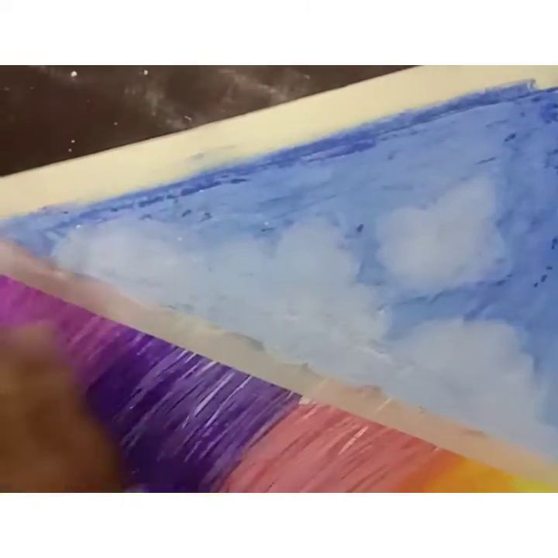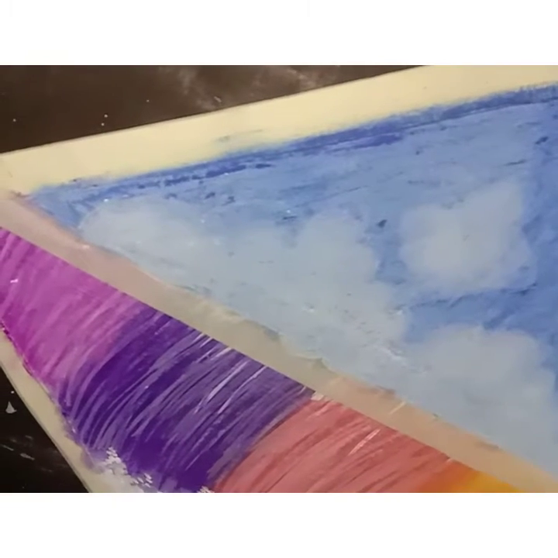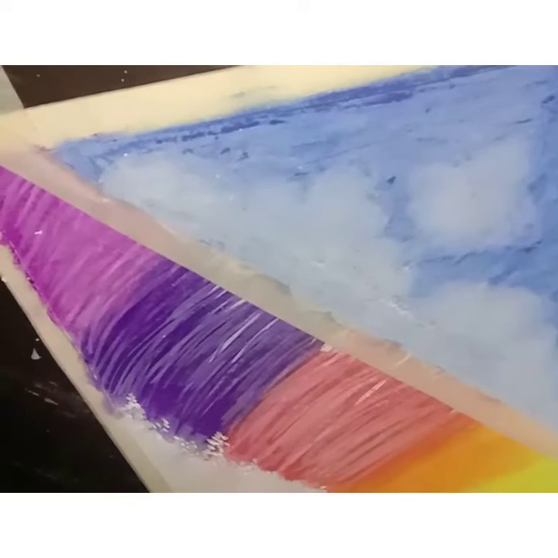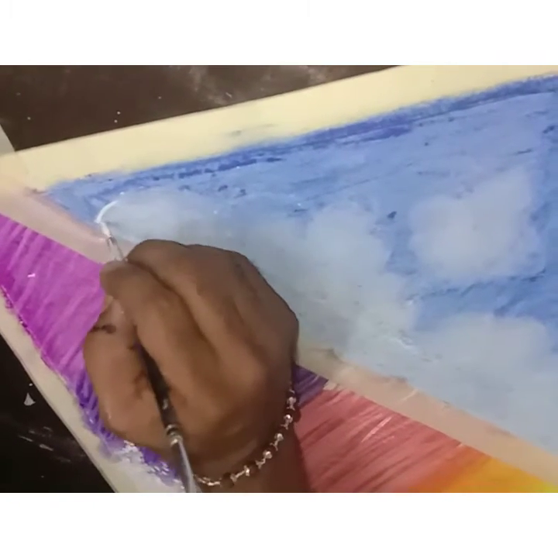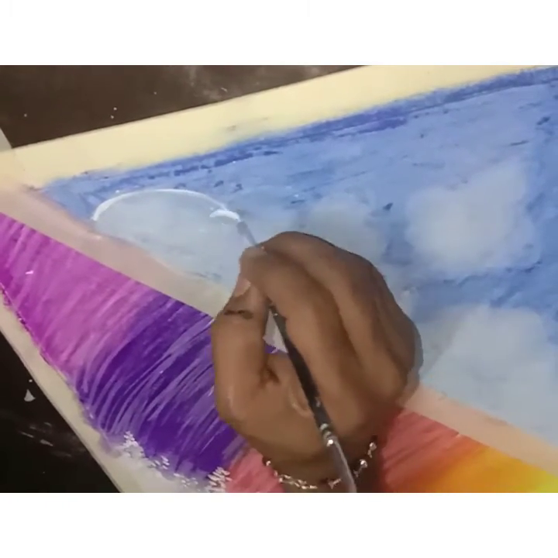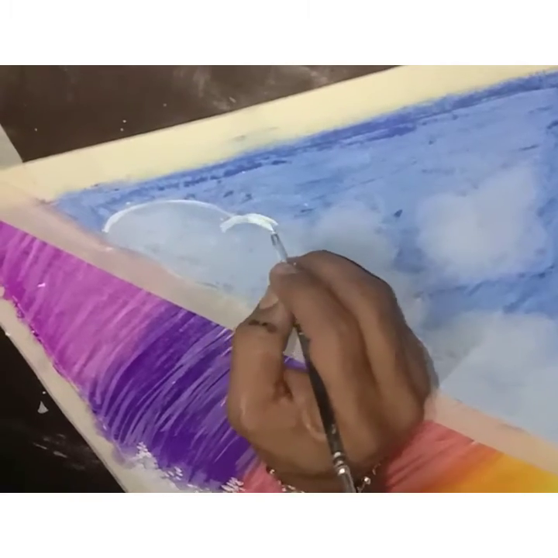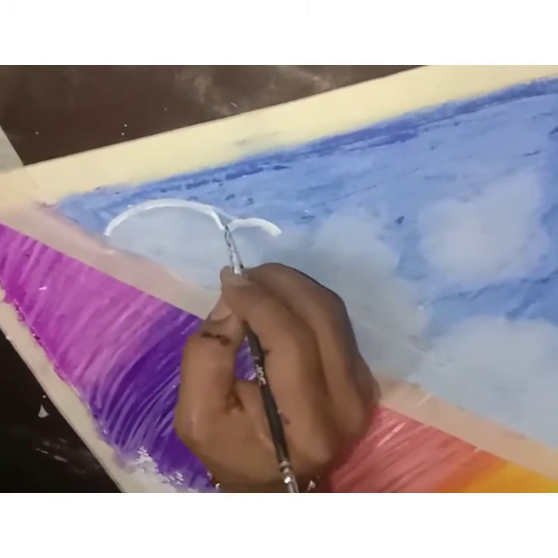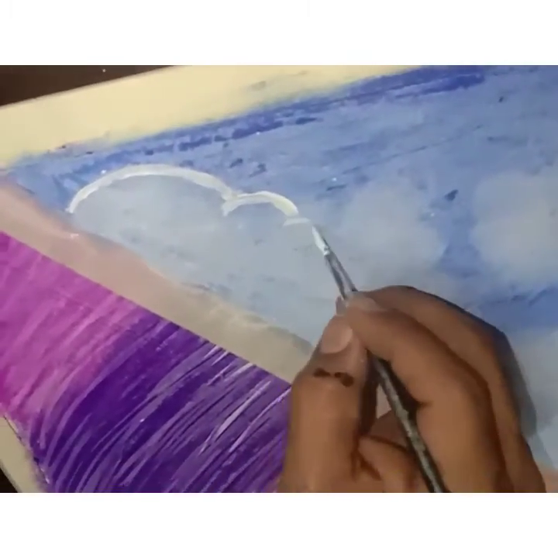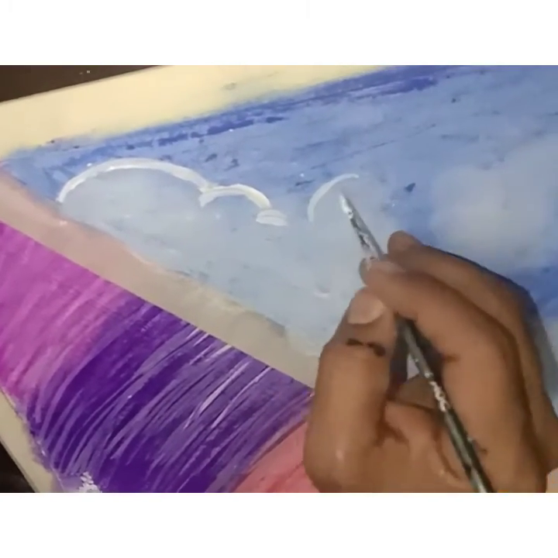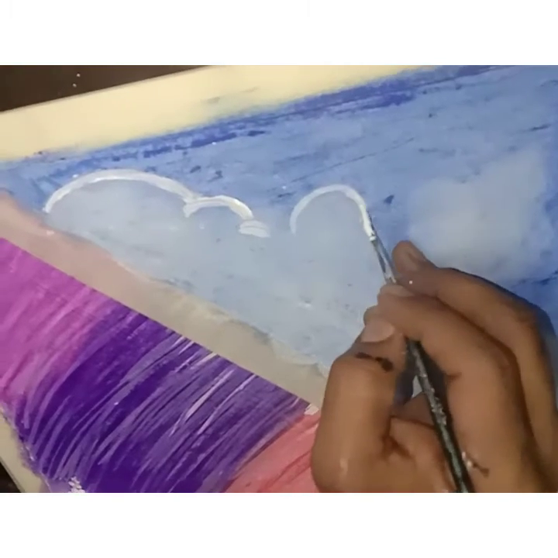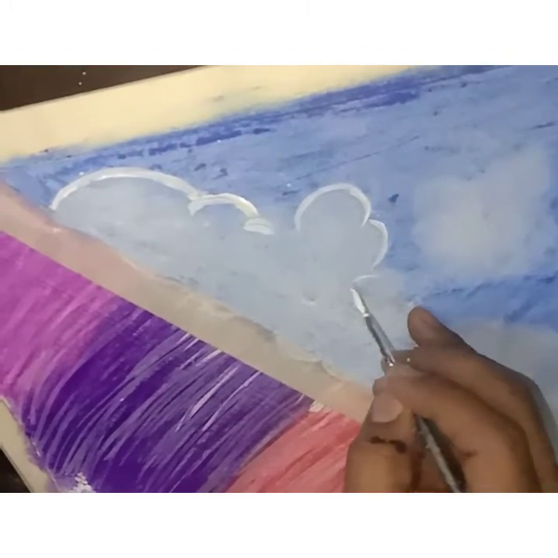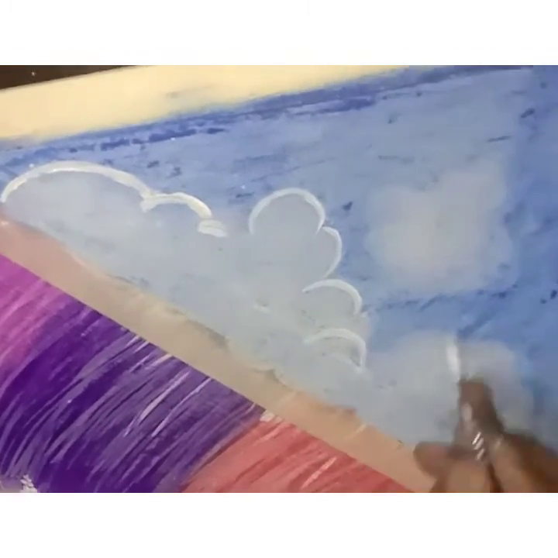Now after completing this effect of clouds, we are going to take acrylic white color. Now we are going to give highlights for the clouds. So wherever you need, you can give the highlights of the cloud in this way, so that more effect it will give. With acrylic color, you are going to do this one. Just give strokes of acrylic color with a pointed brush in this way.